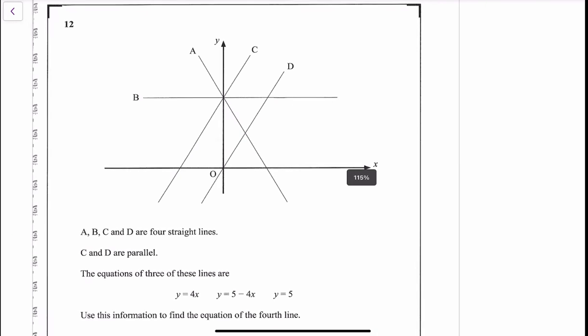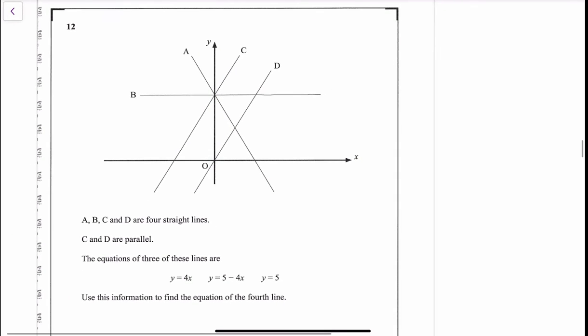Nice question. It's a sort of different way than I've seen them asking this in a while, maybe I'm wrong on that. But it says here you've got A, B, C, and D are 4 straight lines. C and D are parallel. The equations of 3 of the lines are, so y equals 4x. y equals 4x is going to be D because its intercept is the origin, so that's why that one's